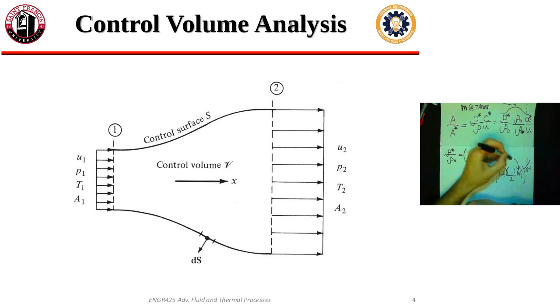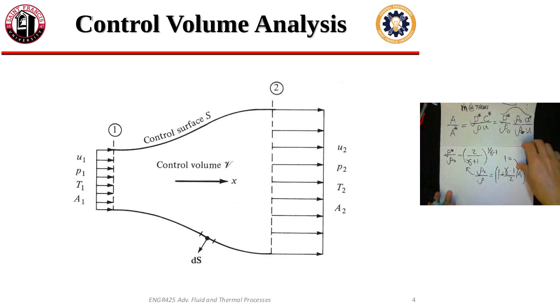We're just setting that equal to 1 because we're at our sonic conditions. If we plug all this together along with our definition of the sonic Mach number, which conveniently also has a relationship attached to it that looks like this,